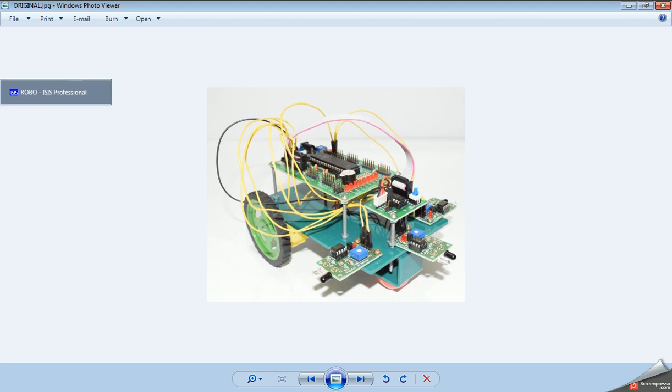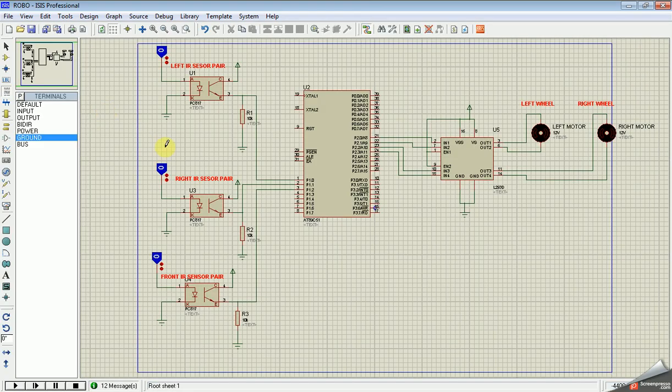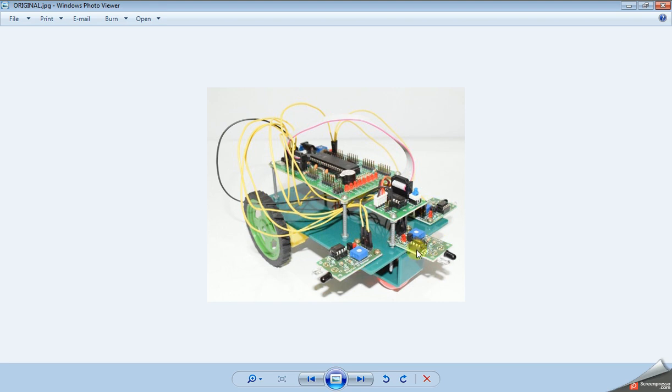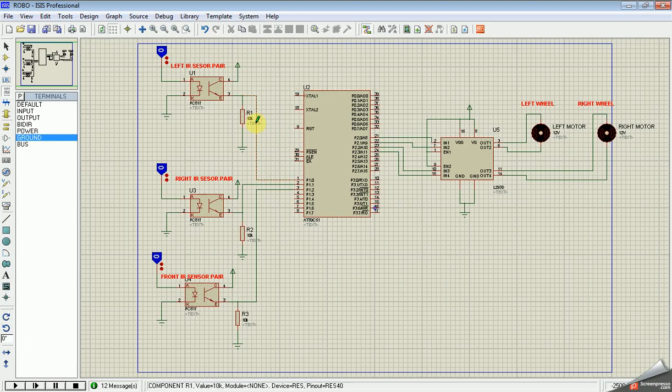Now let's see the schematic or circuit of this project. As I told, there are three sensors connected here: front, left, and right, which are connected to port 1, pins 0, 1, 2.